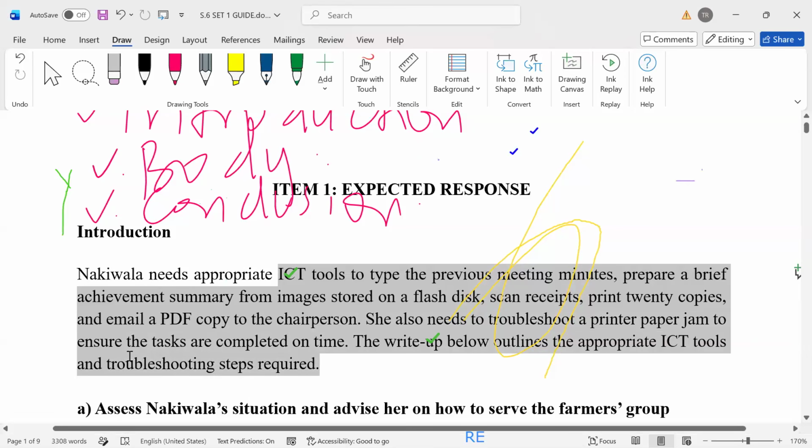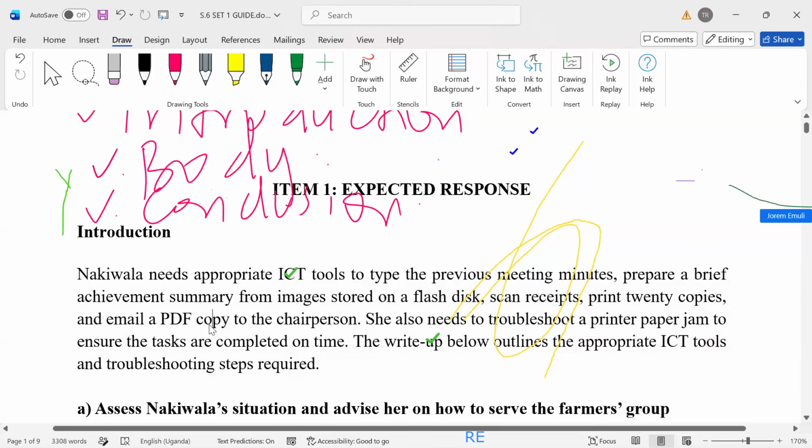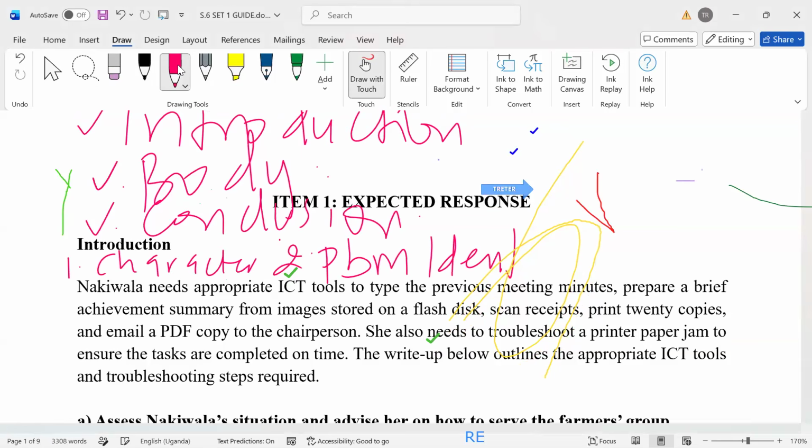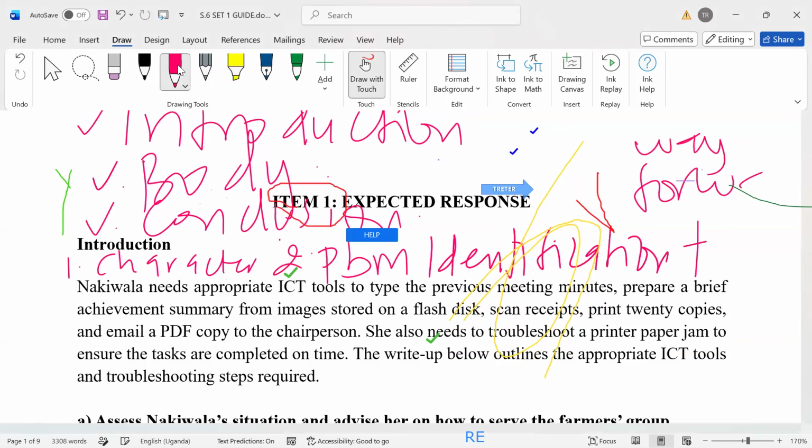My God. So, after the learner looks at this, they will take keen observation that the teacher said, as you introduce your question, one, I want to see the character. Two, I want to see problem identification. Hope people are writing: problem identification. And lastly, I want to see the way forward. In your introduction, I want to see the character. Who is the character in the scenario? Natural. Very good. Two, I want to see the problems identified. Natural needs appropriate ICT tools to type previous